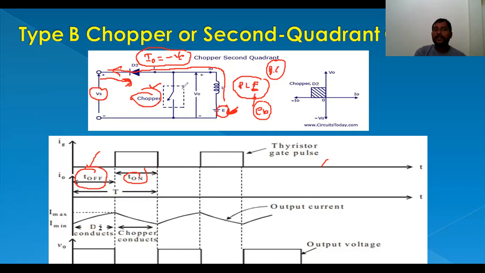But if the thyristor is closed, what will happen? The thyristor is on, then the energy stored in the inductor will be released in this direction. After the back EMF is reduced to a low voltage, the energy stored in the inductor will be discharged to the battery in this direction. Current is in the same direction, but the applied voltage V is positive only. Applied voltage is positive, but current is negative. So this is second coordinate operation.